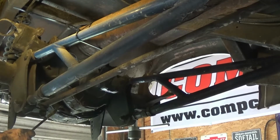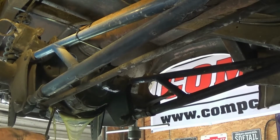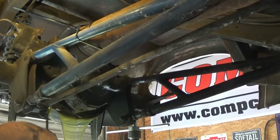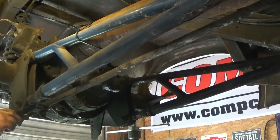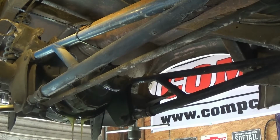Yeah. Well, the oil looks good. Well, you know, like I said, this truck caught on fire, so I really don't know what's in the nose of the rear end in this thing. I'm glad I pulled it apart, because I would have never thought